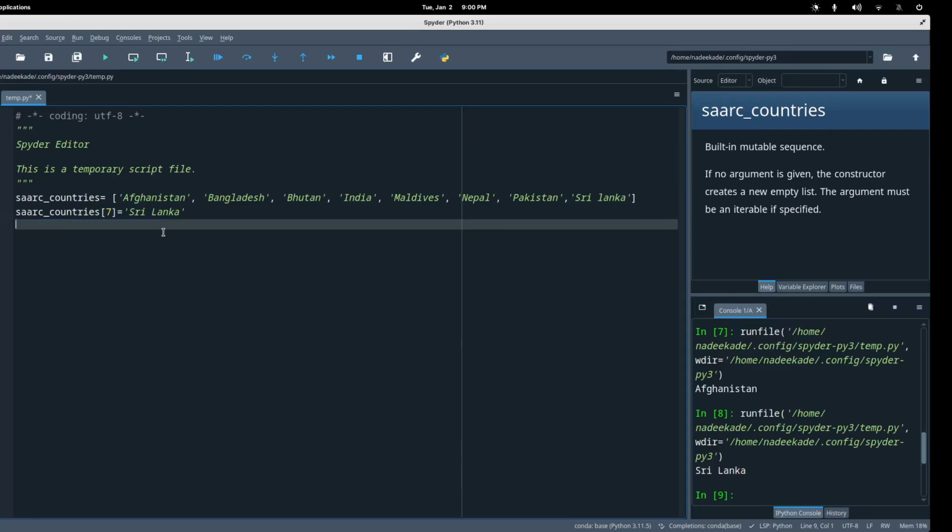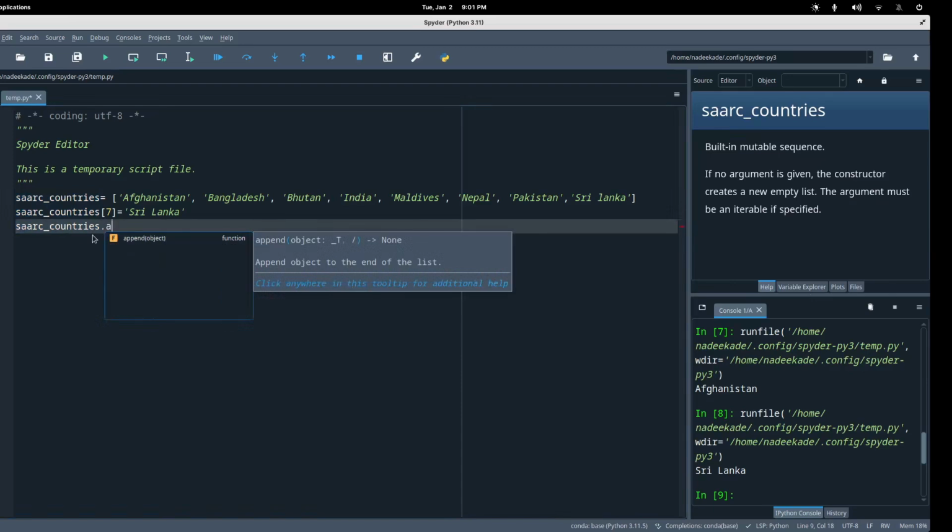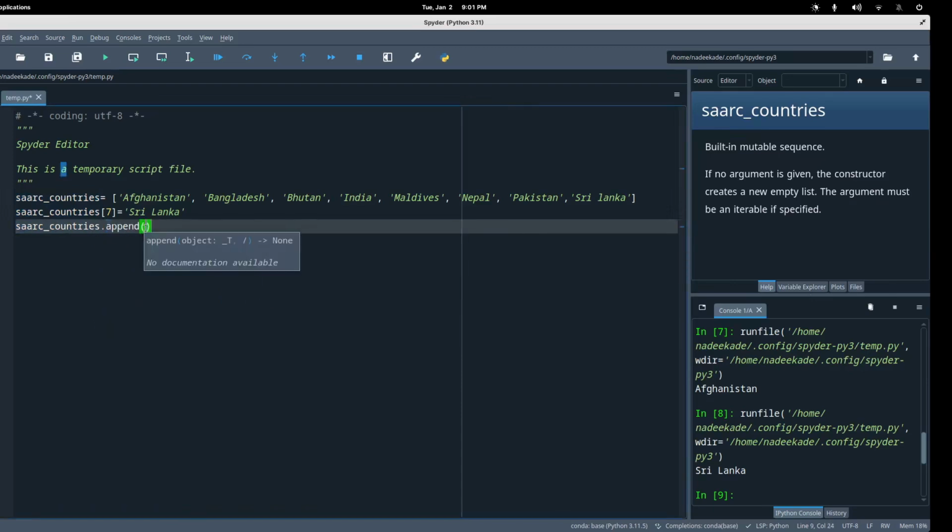So if we want to append, we can do that. Here we give what we want to append. For example, let's say China. There is no reason, but let's say China, just to show this append method. If I run this one,